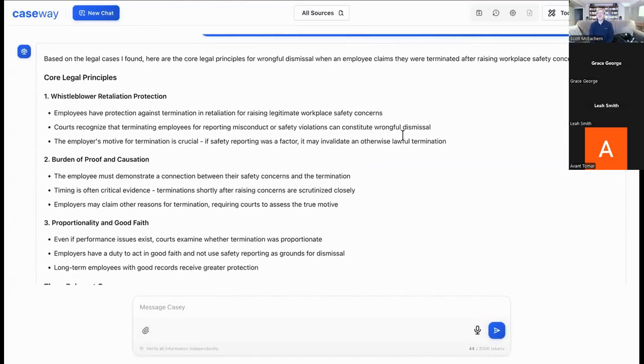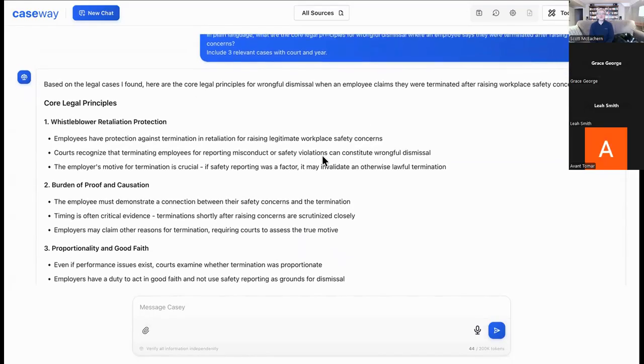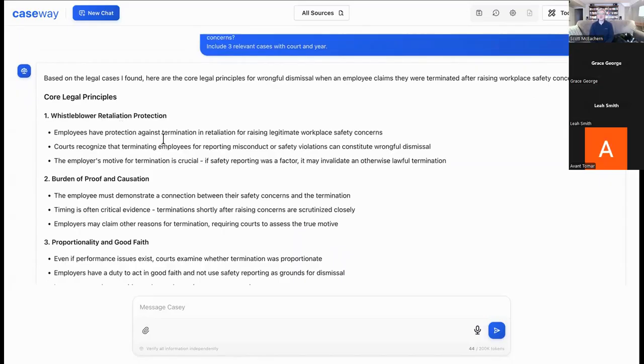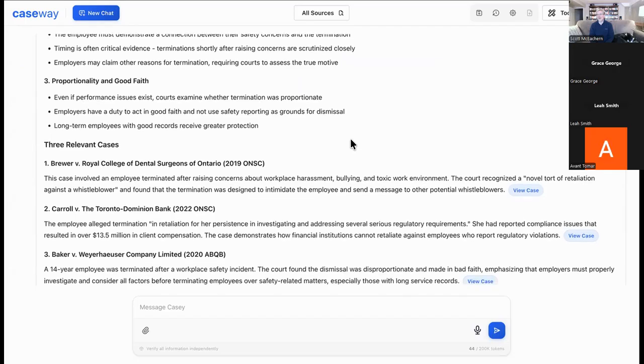So what you did, you put in a prompt, similar to the way that we would use, say, ChatGPT or Gemini. The interface is very clean. Putting in a prompt, we get the response, and I love what it's done here. Core legal principles, it has given us 1, 2, 3 with bullet points applicable to each, as an answer to the question you proposed. Then scroll down a little bit. I want to see these 3 cases. So 2 of them came up Ontario, and I'm assuming we could have asked it to specifically provide just Ontario, but it's pulled up